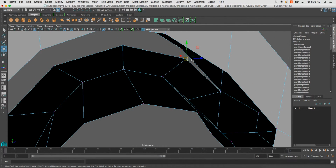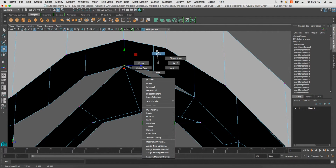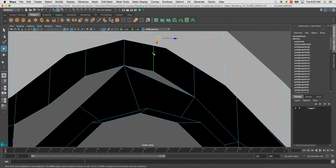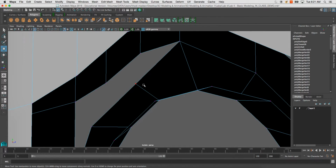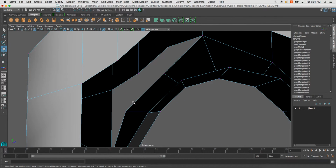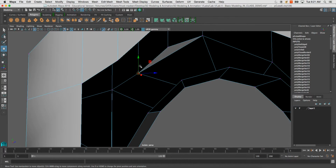Press W for the move tool and hold V for snapping, and then just go ahead and snap these into place as needed, and delete whichever ones don't need to be there. So this one will go here, this one could go here, or